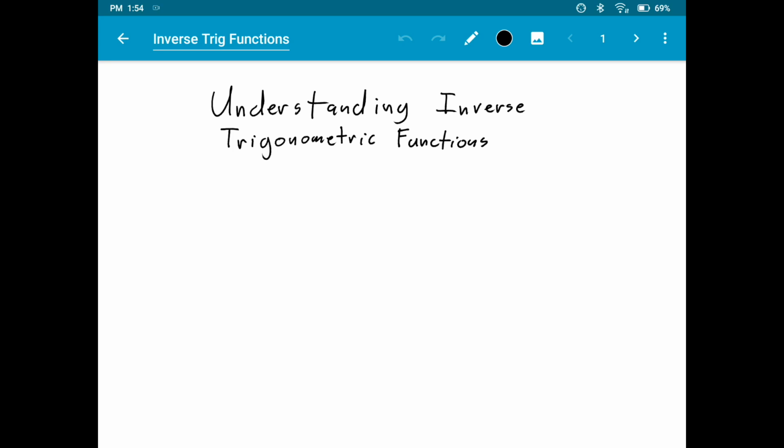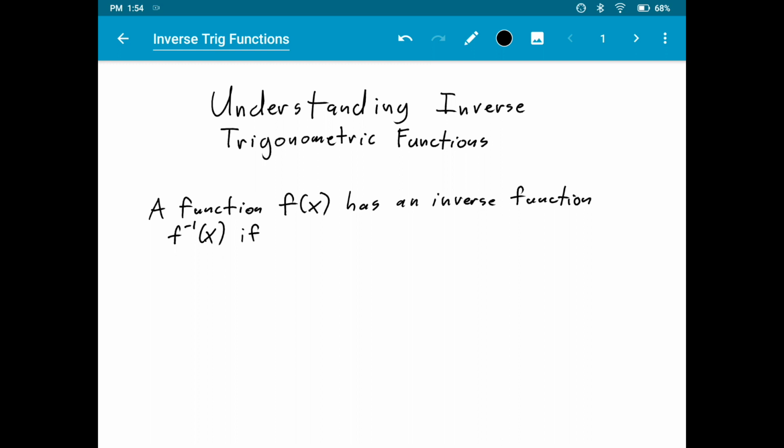In this video, we want to gain an understanding of inverse trigonometric functions. To understand inverse trigonometric functions, we first have to think about what is required for a function to have an inverse. And so, if we remember, a function f of x has an inverse function f inverse of x